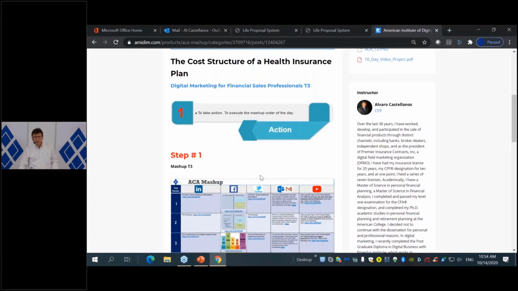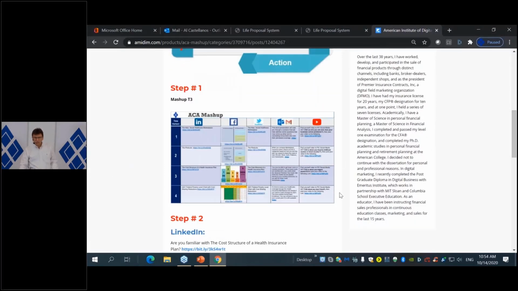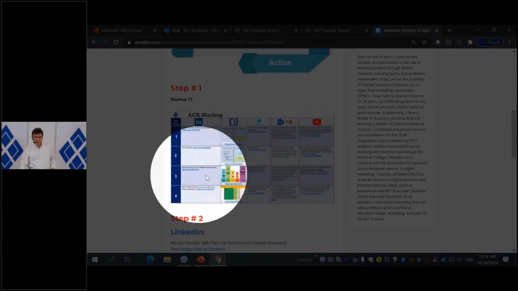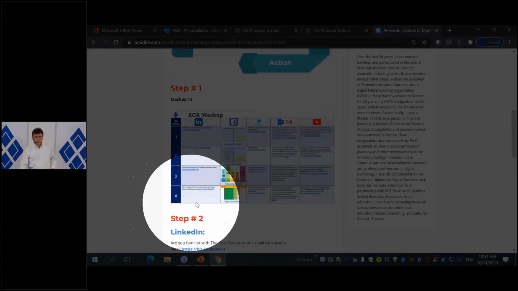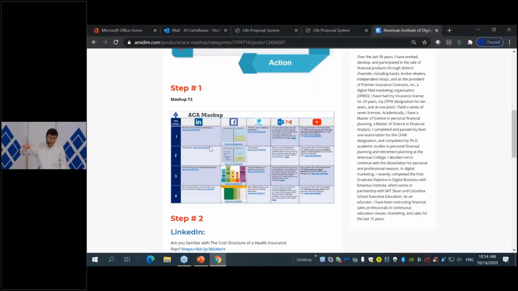And then we have the mashup. The format that we decided to put here is we always show you the total mashup, so that you always have the idea. Again, we are executing time horizon number 3 here. Next week, we will do time horizon number 4, and we will finish this mashup. My recommendation is that as soon as we finish time horizon number 4 next week, the following week, so 2 weeks from this one, you start again with time horizon number 1, and repeat this exercise that we're doing right now across the month of November.